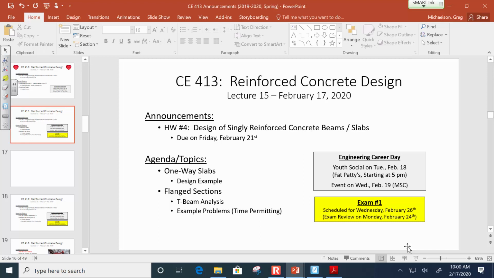Okay, so just a quick recap of scheduling and whatnot. You all have your homework 4 due on Friday. I'm going to do something with the example today on the slab design that might seem, I don't know, redundant, but the point I'll make is it sort of references the homework assignment, because as you know, on the homework assignment, the determination of moments is going to be a little different than what we've been doing in class so